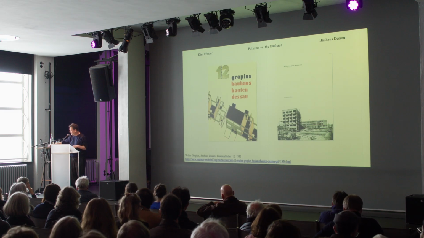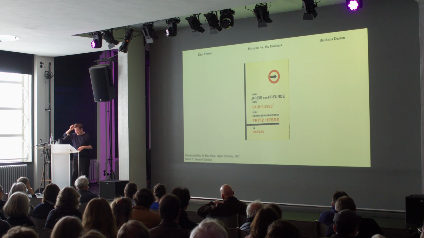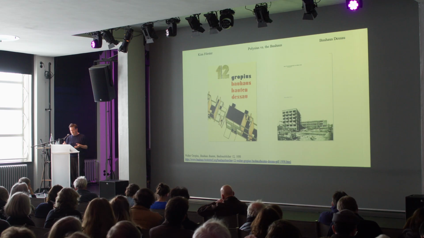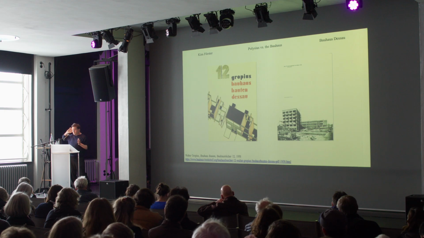So in addition to the economic, Dessau's political landscape supported the relocation. The city's progressive social democratic government, led by Mayor Fritz Hesse, along with figures such as Hugo Junkers, actively promoted Dessau as a modern center. Yet there's no mention of Polysius in relation to the relocation of the Bauhaus. So while Walter Gropius secured municipal funding for a new school building and the accommodation for students and teachers, the city's industrial and cultural transformation, however, underscored their interconnected development.